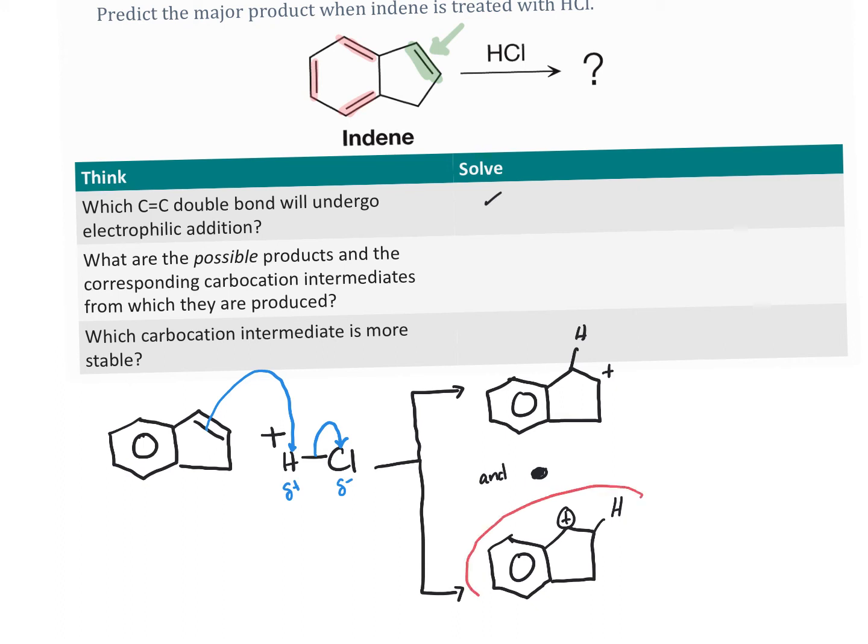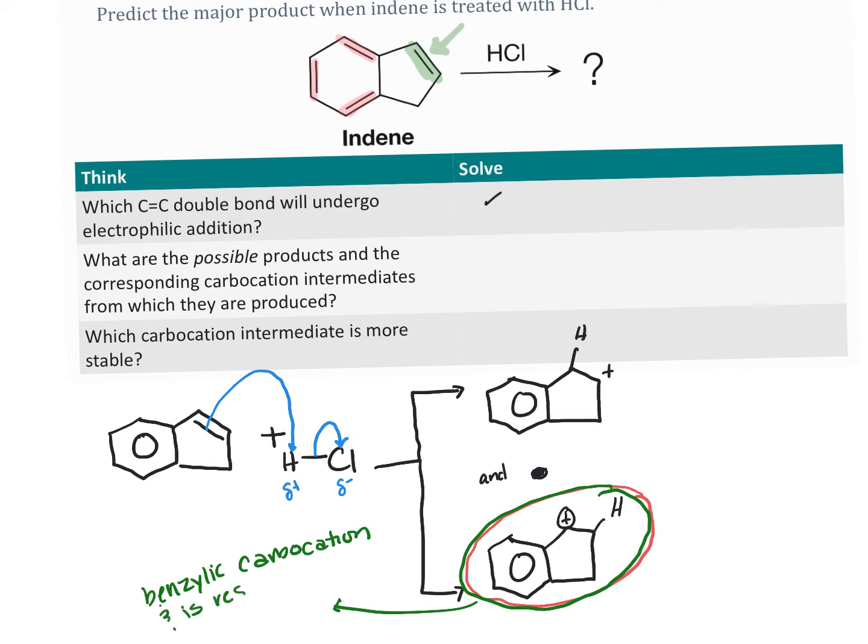If we look at this guy right here, and I should have, we're using analogies of red and green, so I should have done this in green, because that's the one that's going to go. If we look at this guy right here, that is a benzylic carbocation, and so it's resonance stabilized. So that guy there is a benzylic carbocation and is resonance stabilized. So it's more likely, it's going to have lower energy, and since this is kinetically driven, it's going to